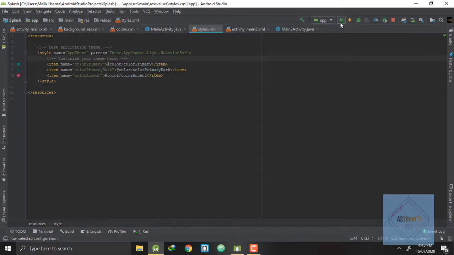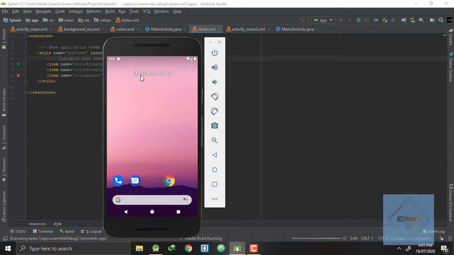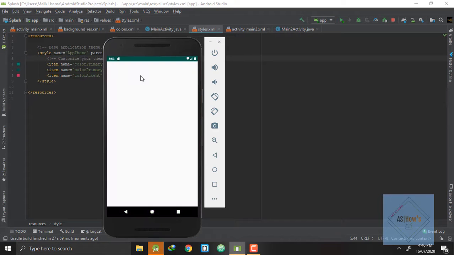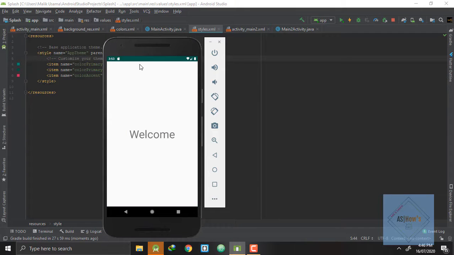And now again we will run our application to check it. Now you can see here that there is no action bar, but still there is this bar present here.